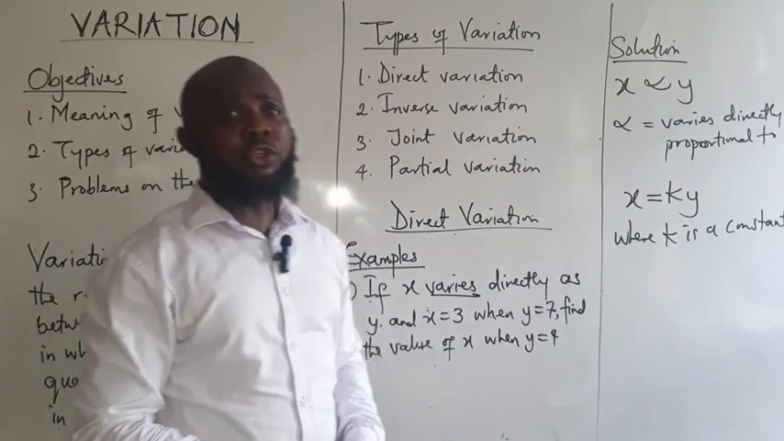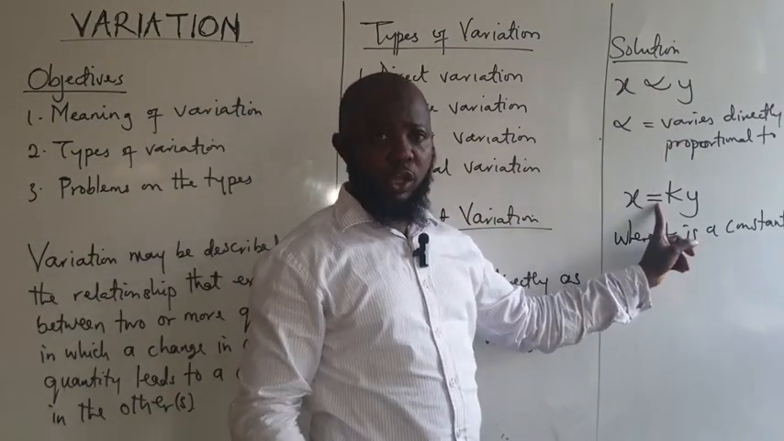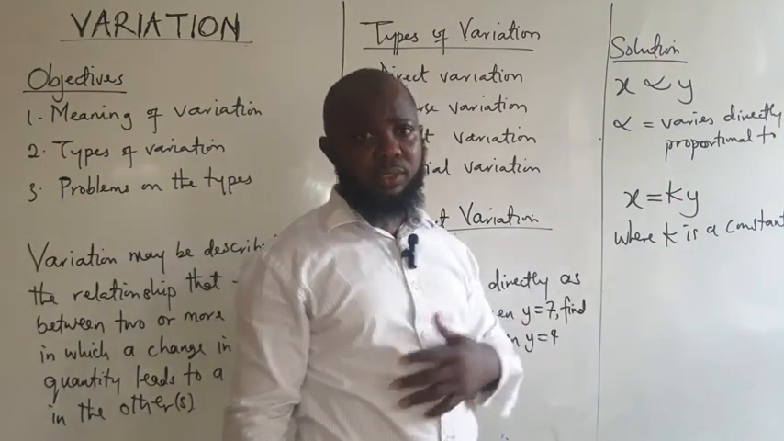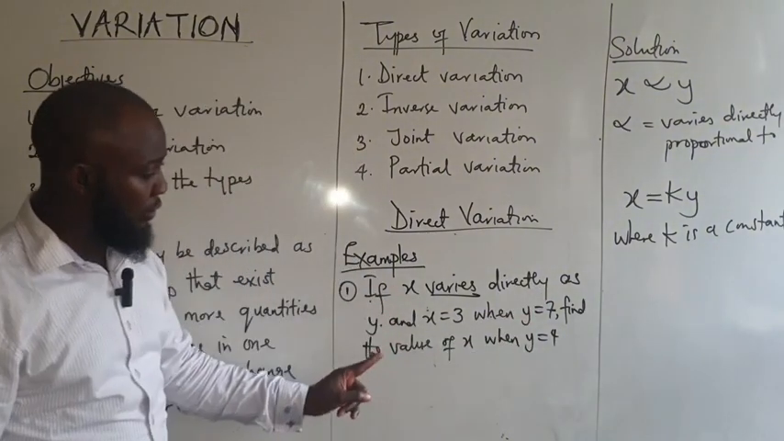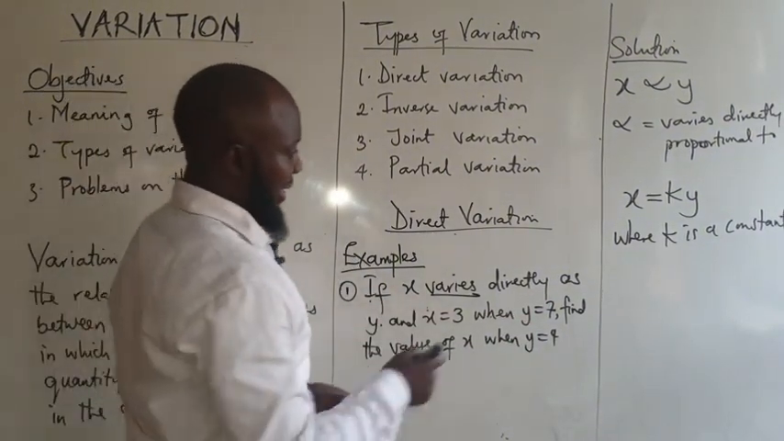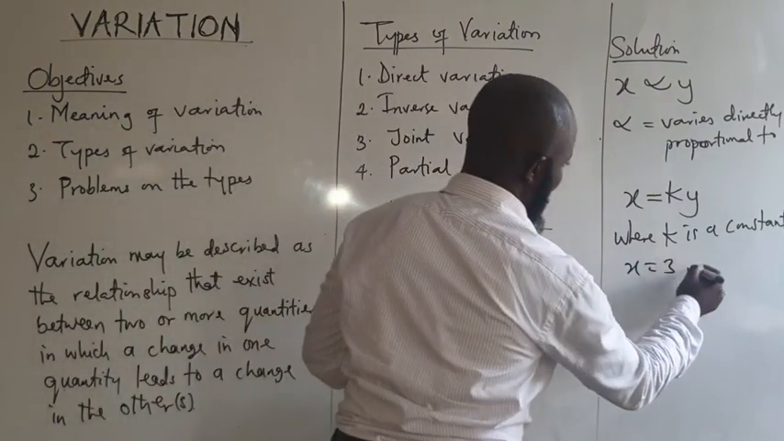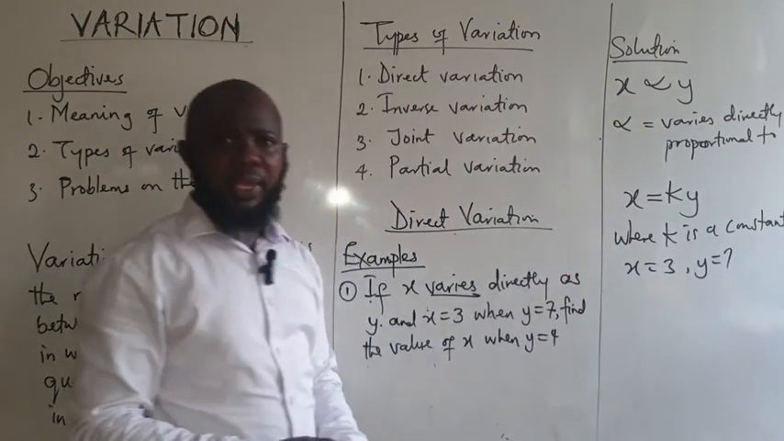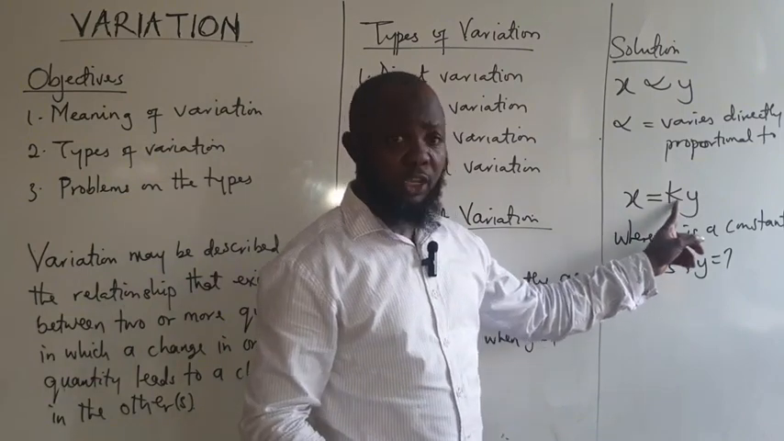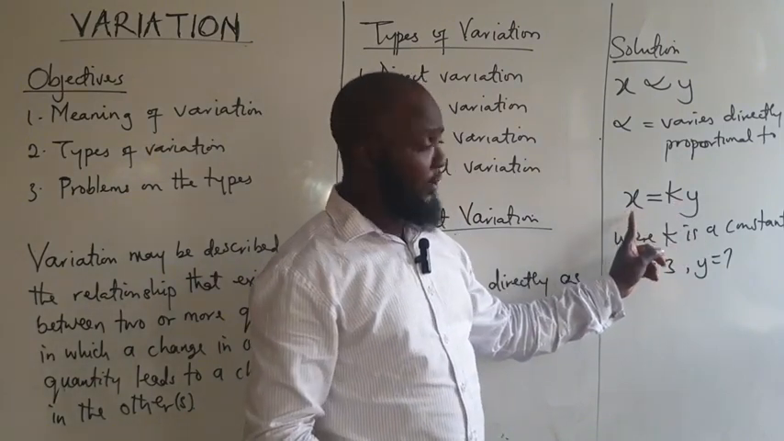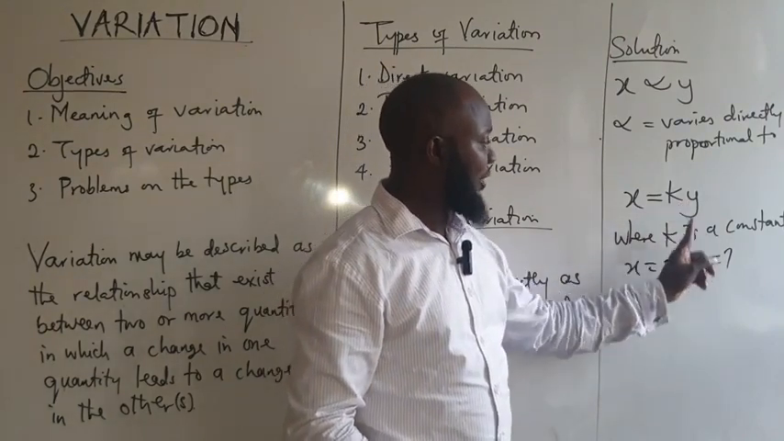We are only introducing the constant because we have changed the symbol to an equals to sign; we must introduce a constant. Hope I'm with you. If that is the case, the next stage we can move on: x is 3 when y is 7. We stop there again. We now use the values of the variables to find the constant. X has been given to be 3 and y has been given to be